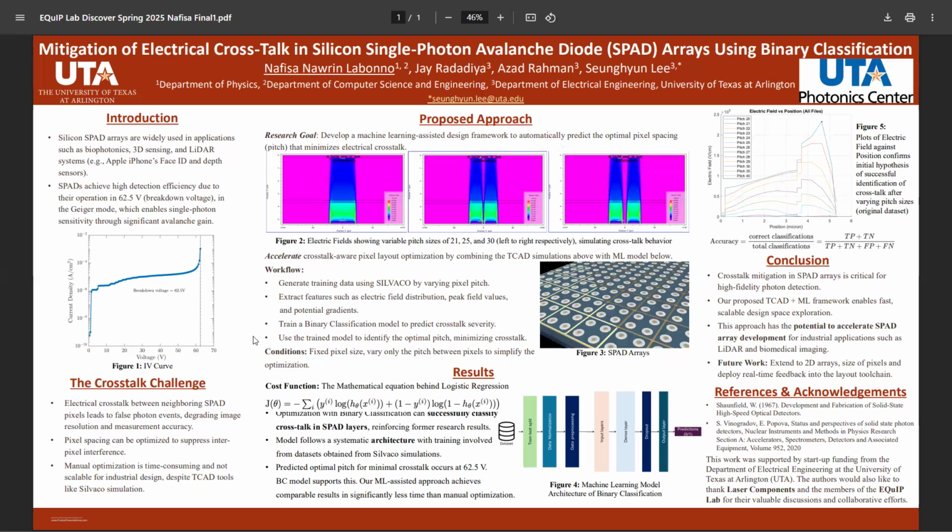The workflow is fairly simple. We try and accelerate crosstalk-aware pixel layout by optimizing using a machine learning model. So we've already obtained the simulations from the Silvaco software, and these graphs show three pixel sizes. One on the left is 21, followed by 25 and 30. These pitch sizes are essentially the gap between each photodiode layer. So these are showing that the